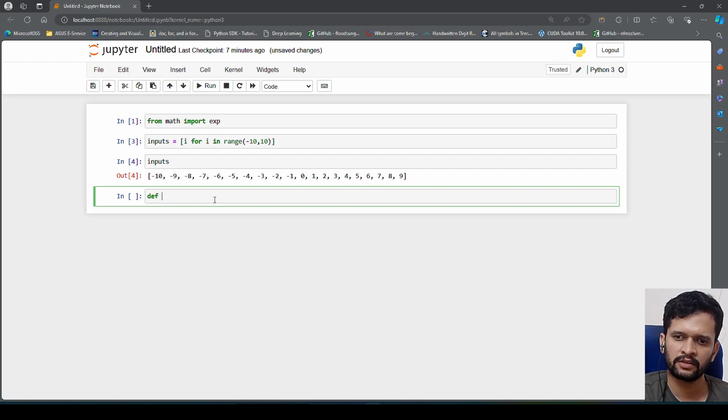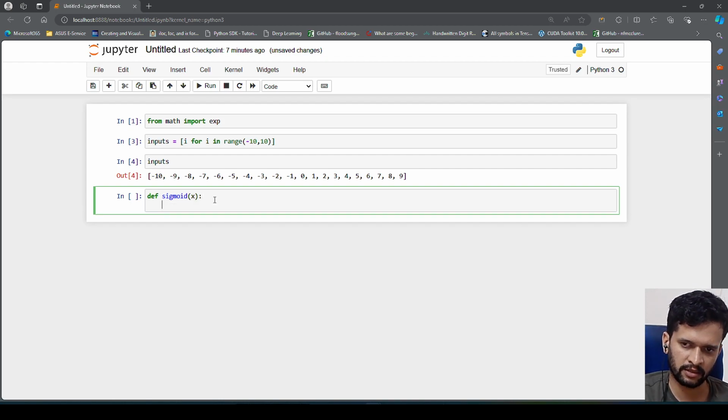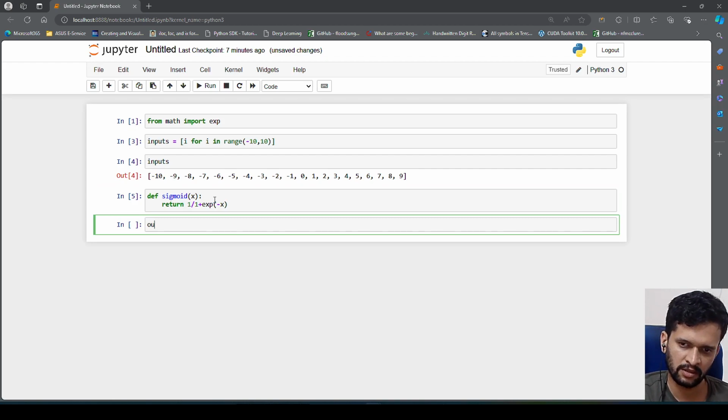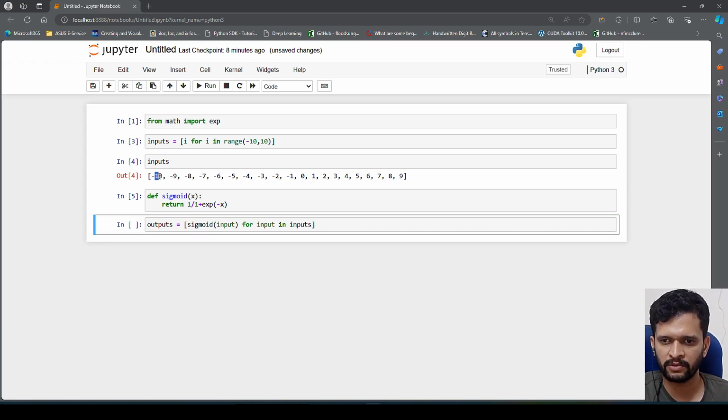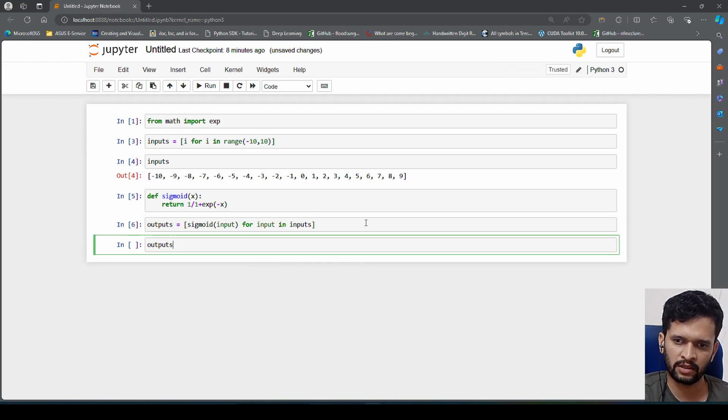Now let's define a function. Let's implement Sigmoid. It will take input x and what will it return? It will return 1 by 1 plus exp of -x, right? So this is what Sigmoid returns. Now I will create a variable outputs is equal to a list for this: Sigmoid of input for input in inputs, right? So it will take each number in this list and pass it on to this Sigmoid function, and it will calculate the outputs. Now if you check the outputs,